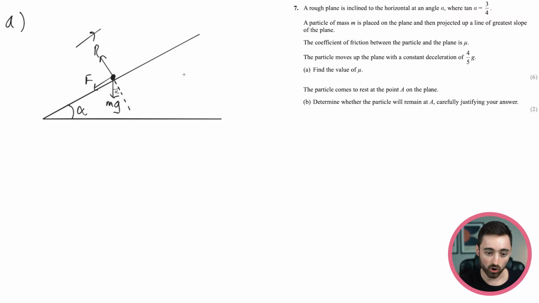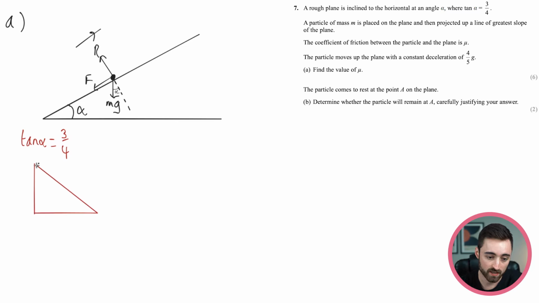Okay, quick little note about alpha now. I've spoken about this in other videos, so I'm going to go through it quite quickly. I'll try and link it to you if I remember. But essentially, instead of giving us alpha, they have told us that tan alpha is 3/4. Why have they done that? Because they want us to notice that if I was to draw a right angle triangle and use SOHCAHTOA, if this was alpha, for example,